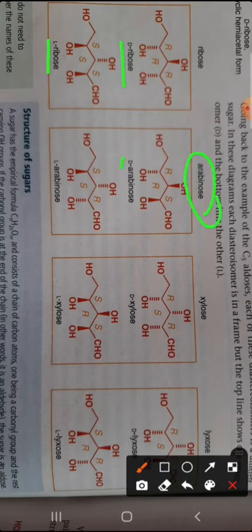arabinose, this is D-arabinose and this is L-arabinose. Their structure is like this: one OH group below the plane and the remaining two OH groups above the plane, and their isomer has the opposite configuration. On this same carbon the OH group is below the plane in one, and above the plane in the other, and the remaining two are below the plane. So these are isomers, and which isomer? They are enantiomers of each other.